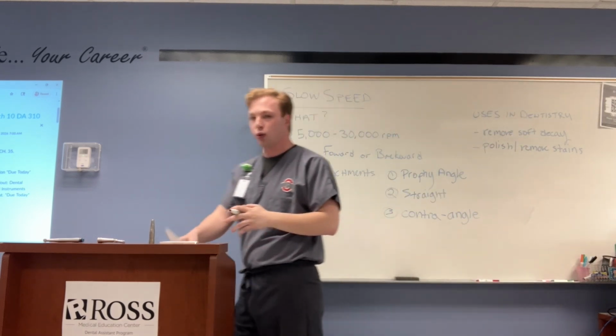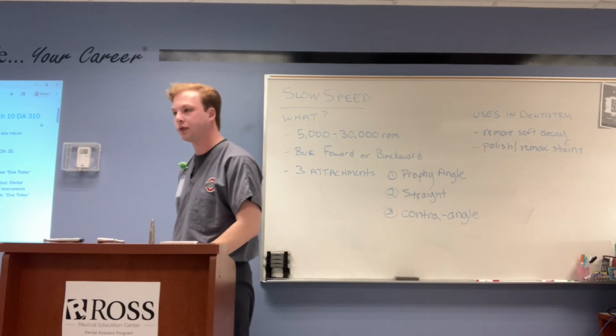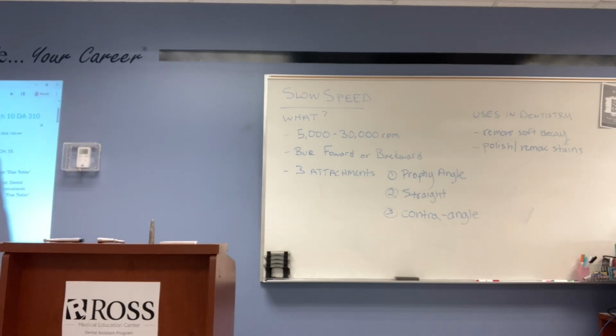That's why we call it coronal polishing when we're using the prophylaxis angle. And coronal polishing is the act of polishing, cleansing the tooth surface, and removing any surface stains. Now the slow speed can't remove deeper stains, like in the dentin. However, on the surface level, it does a pretty good job. So those are the clinical uses,